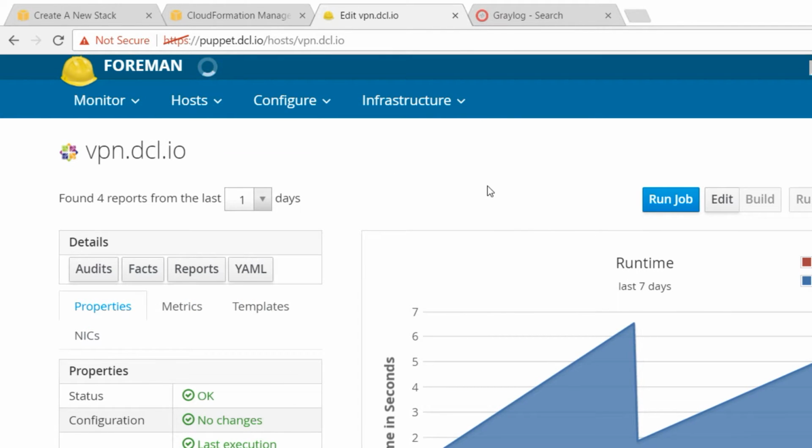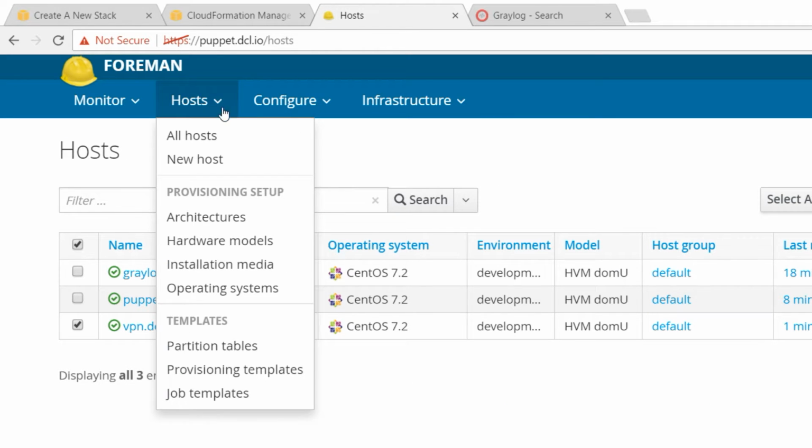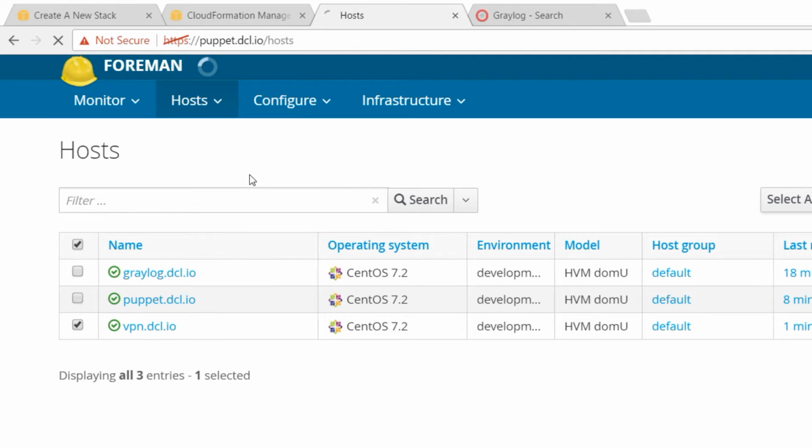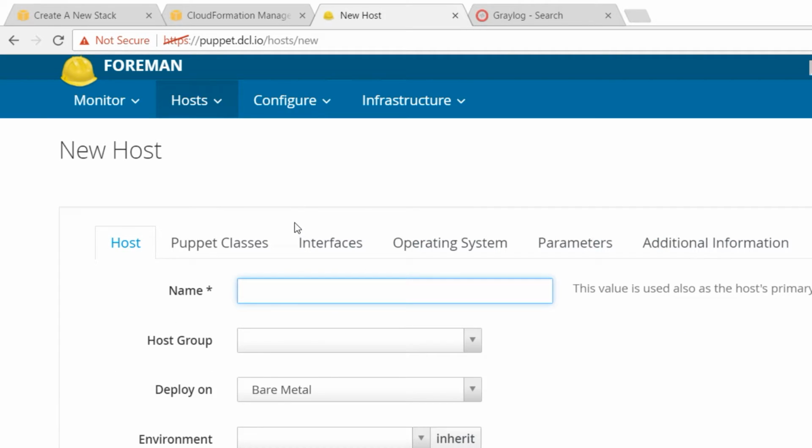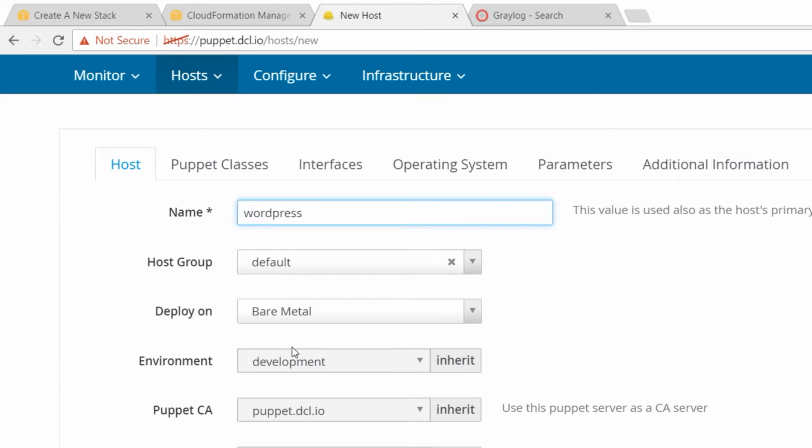If we go back to the host section, let's see whether we can provision ourselves a new host as well through this Foreman system. I hope so. That's the purpose of the demo. So without further ado, let's make a WordPress instance. We'll give it a default host group, which will define some default characteristics about where the log files are going to go, dev admin user, and the fact that it should have Puppet installed